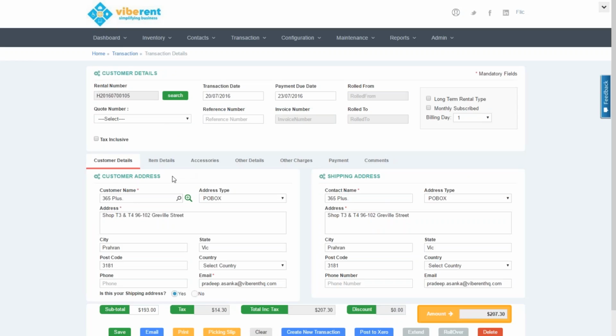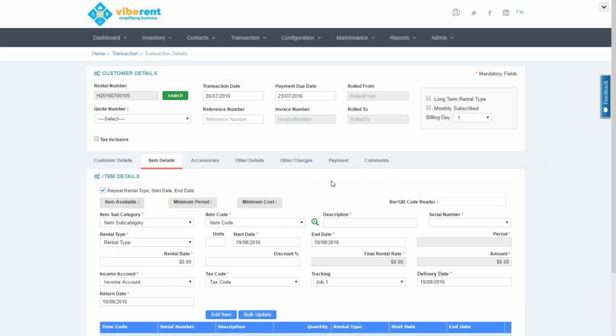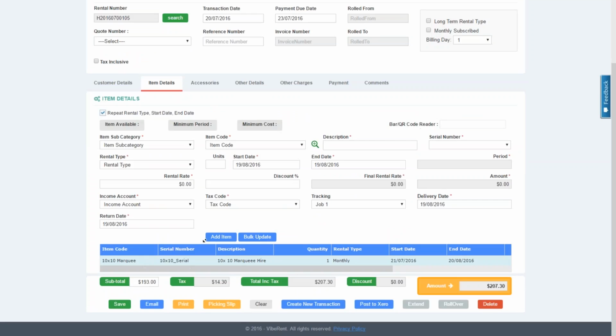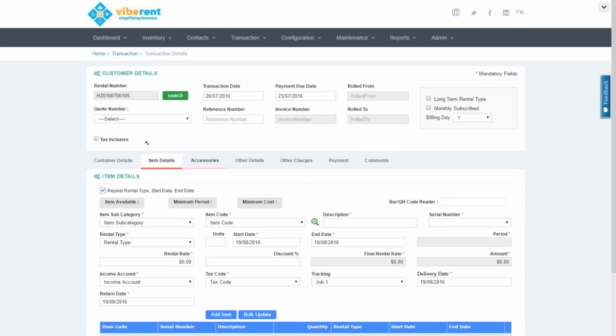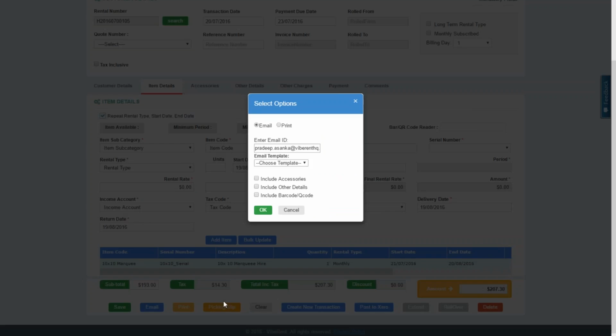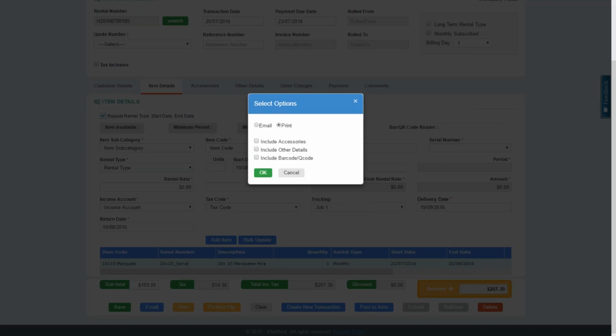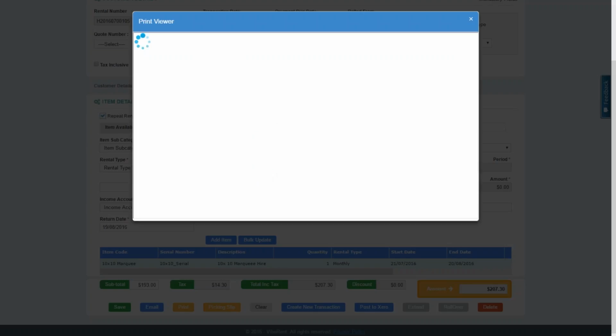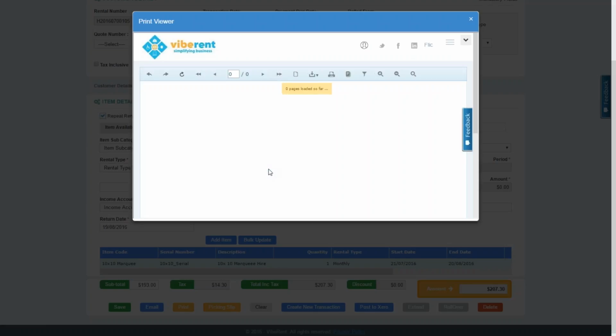Say for example, this particular rental with these items, you can add additional items to it, you can make any changes to it, and once everything is ready, you can generate a picking slip. So if you have a shipping company that takes all the gear and sends it to the customer side, you can email it to the shipping company, or you can print it. Simply include the accessories and barcodes and things like that. You can print it,